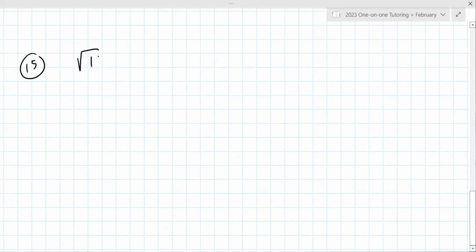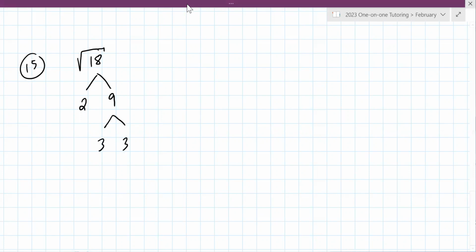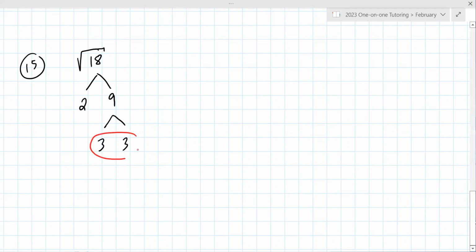Okay. The square root of 18. So the square root of 18, we're going to break it apart here. 2 goes in. That's 9. But does 2 go into 9? No. Does 3? Yep. It's 3 and 3. So sometimes the pairs aren't where you expect them to be. So this time you bring a 3 out,